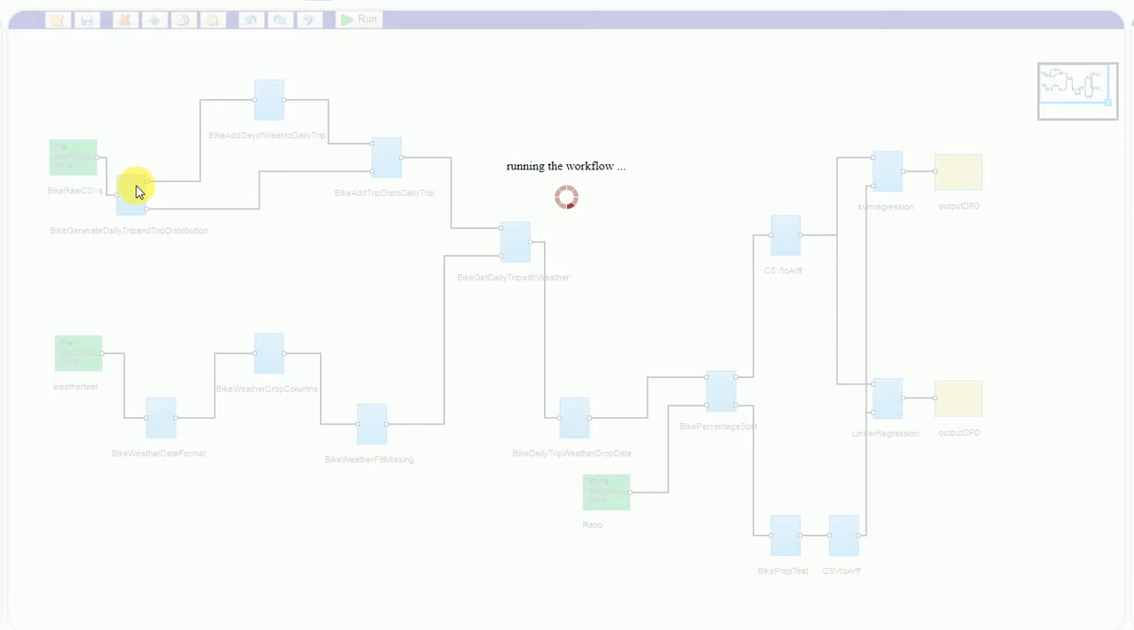So the first one is basically go to the raw CSV files of the Citi bike data we have. The size is around 8 GB. We try to generate two outputs. One is the daily trips, basically the date and the number of trips for that day. The other one is the trip distribution, which is the date, the day of the week, and the trip